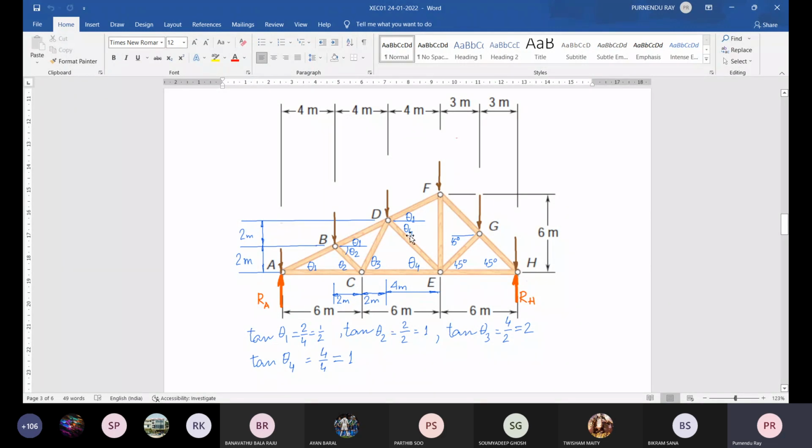So if you cut it by a vertical plane between D and F, just try to visualize this cursor movement, there is a big scissor cutting along this vertical line. So which members is it cutting? DF, DE and CE. And definitely the forces in the members DF, DE and CE are to be shown there, and for either of the portions, whether the left side or the right hand side with respect to the cutting section, you have to indicate all the forces.